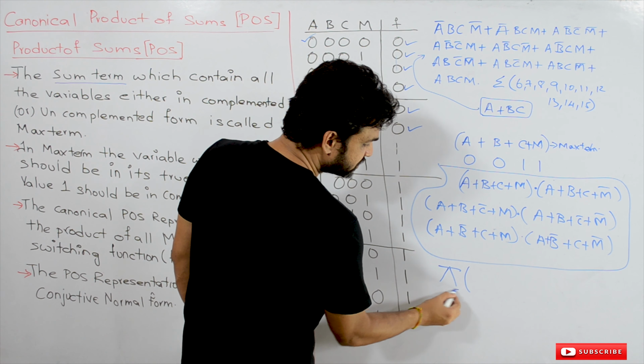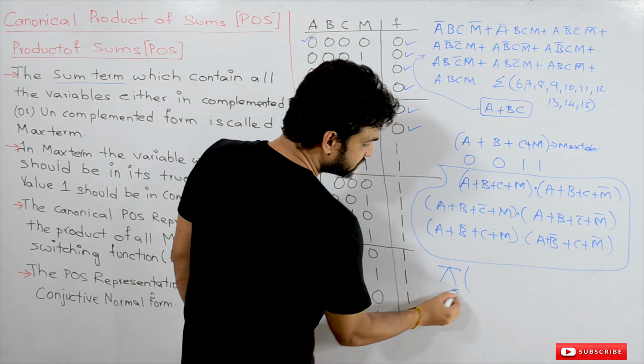The min term is going to produce an output of 1 only for one value. For example, if you take this min term, it is going to produce an output of 1 only for one input, that is 0 1 1 1. So for this input only, it is going to produce an output of 1. You check all the min terms. Similarly, each term is going to produce an output of 0 only for one input.